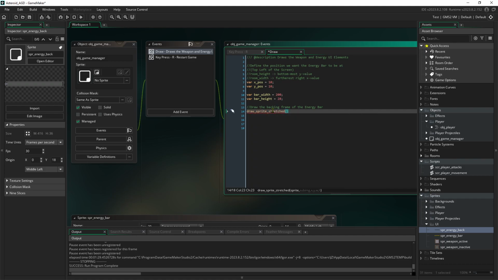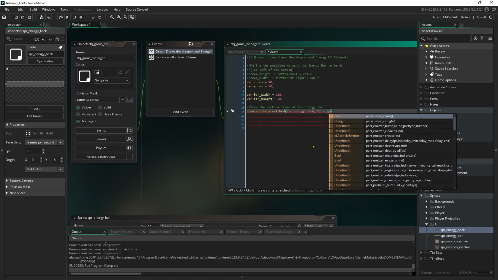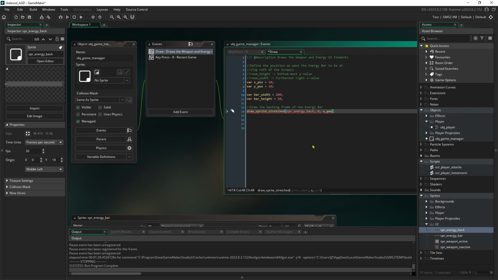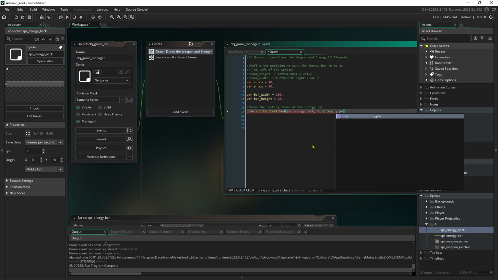This is going to draw it, and it'll scale it essentially. spr_energy_back. That's the name of the sprite we're drawing, comma, which frame, so if it had a multi-frame animation, which frame of the animation we want to draw, comma, the X position we want it at, so x_pos, comma, y_pos,